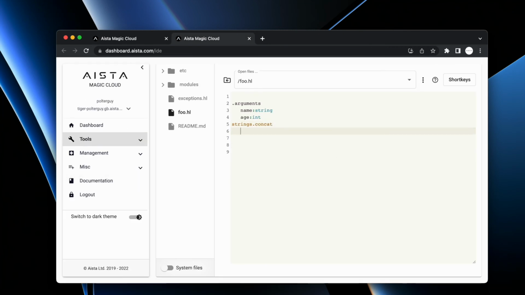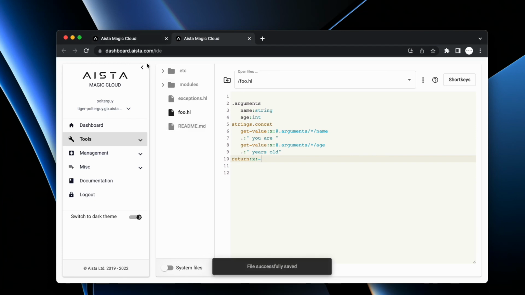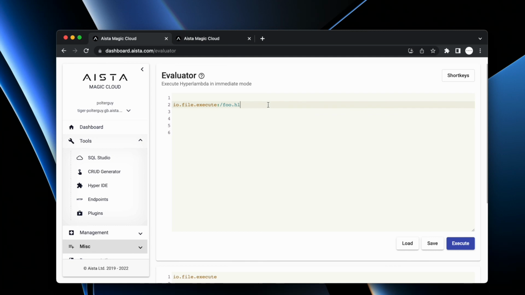Anyways, let's do strings.concat, get-value :x @.arguments/*/name, then two double quotes, you are, get-value :x @.arguments/*/age, carriage return, then two double quotes, space years old. Then we want to do return :x minus, save the file, switch back to our evaluator,